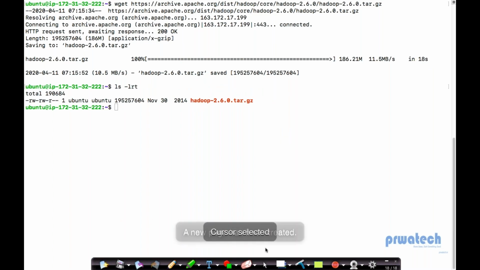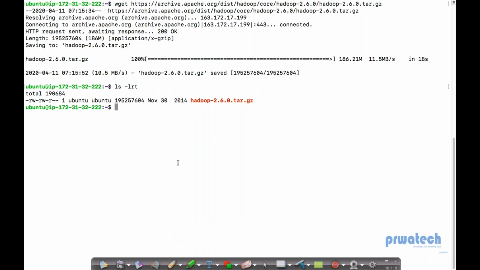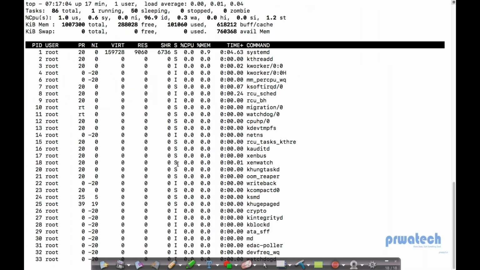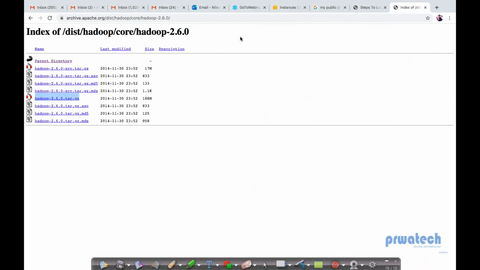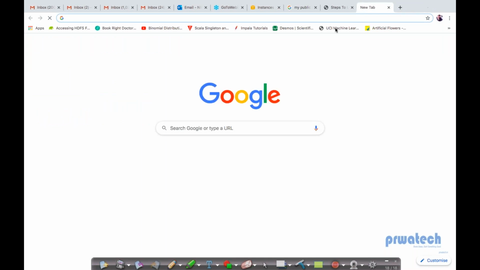Once this is downloaded, what is the next requirement? I need Java also. Again, I'll use top because I don't want to make my session inactive. So whenever I go out from this terminal, I will use top. And for the JDK, Java, you can get it from here. So you can type